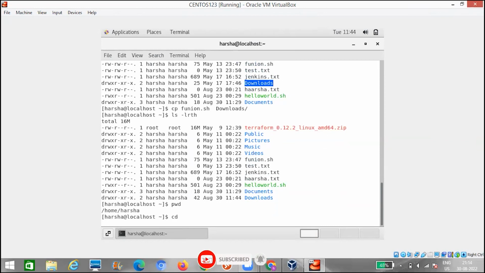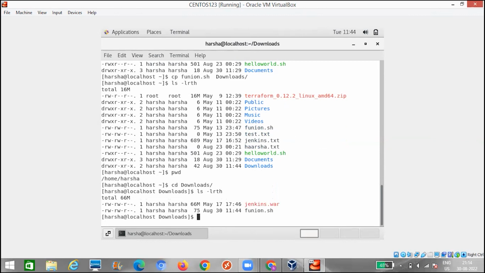Now let's go to downloads. So I have copied function.sh from here to here. Sorry, I haven't moved this file, right? As I copied from the home folder to the downloads folder, there will be a replica of function.sh in both places. If I do a move command from one place to another, you won't be seeing the source also. The next thing I will be showing is the move command.